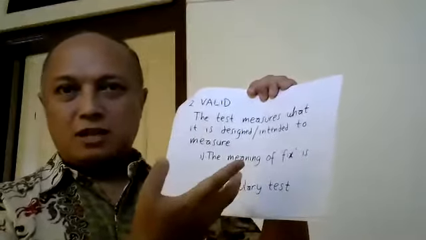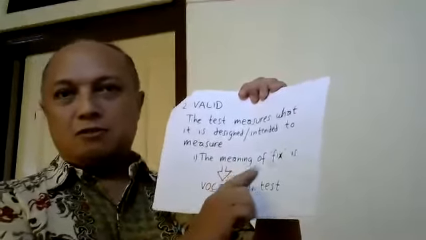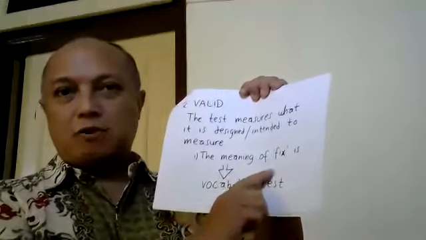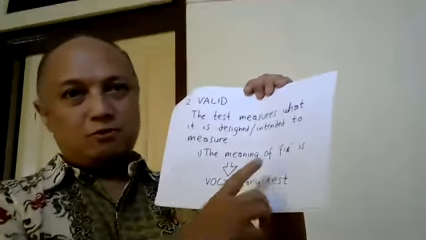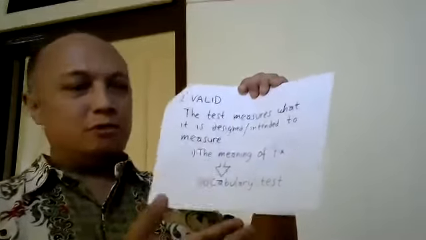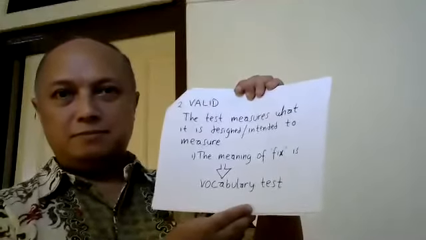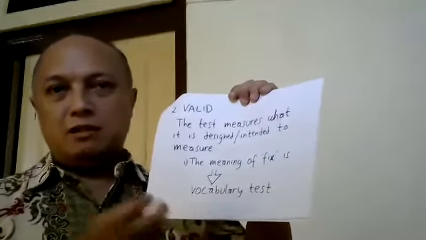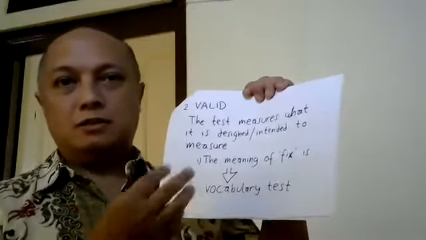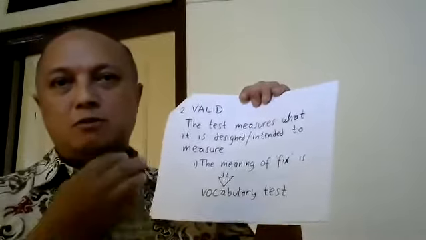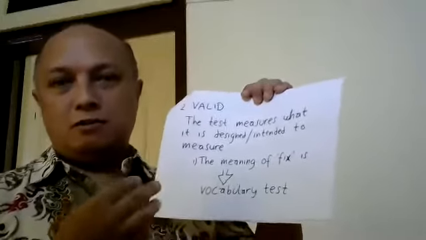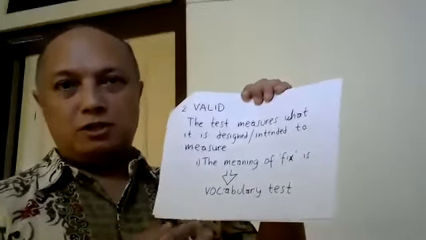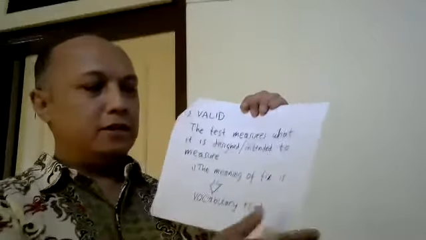You intend to test grammar, but it turns out that your test is a test of vocabulary. So it's not a test of grammar, and therefore it's not valid. Okay. Once again, validity means the extent to which the test measures whatever it is intended or whatever it is designed to measure. That's validity. Next one is